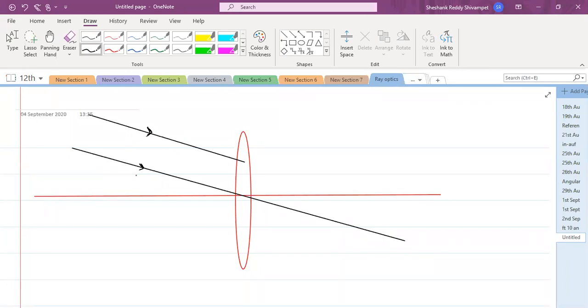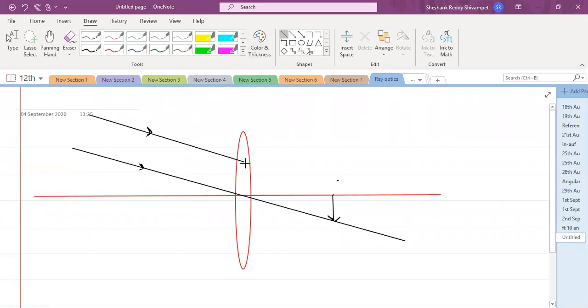So, an image will be formed, true. Then where is the image formed? And will the image formed be a point image or an image with a particular size? It will have some size, right? So the image will be formed at the focus. So let's suppose this is the image.